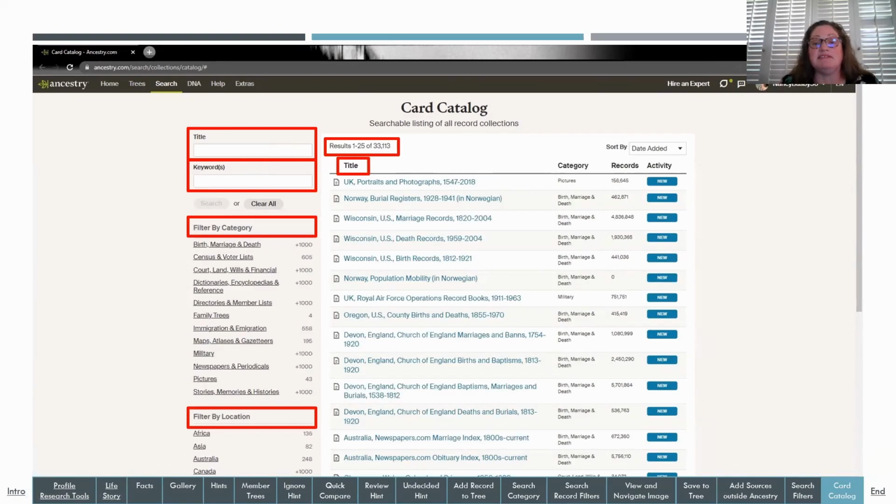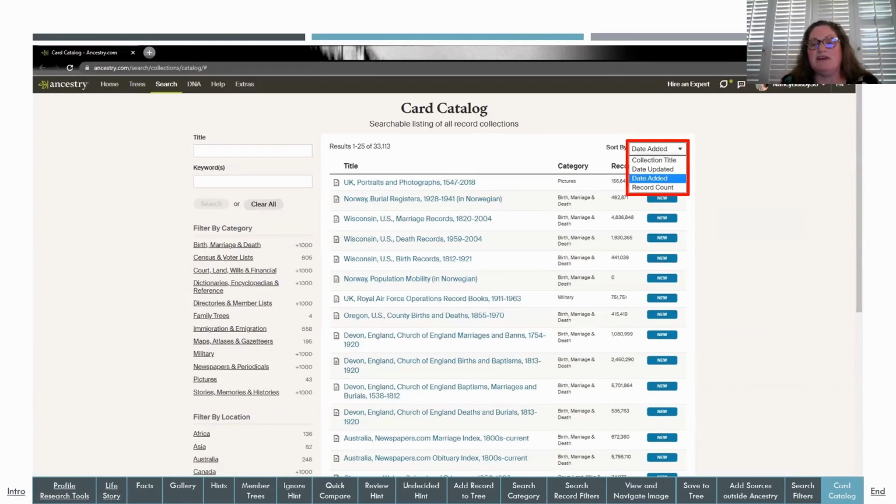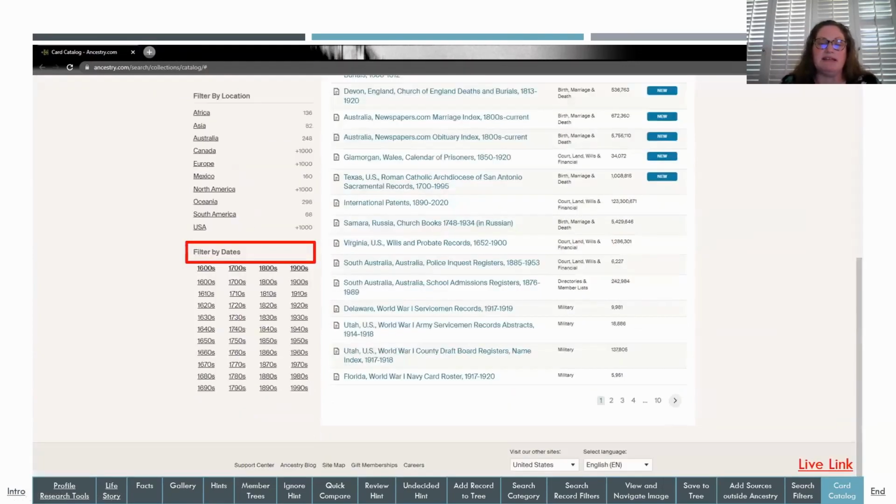Here you'll see the titles listed and the category that collection falls within: pictures or birth, marriage, death, military. Tells you the number of records within that collection and the activity. So they always pop new ones up here at the top, and that's one of the filters if you only want to see new stuff. Or you can also sort by the date added, record count, the date updated, or collection title. There's lots of powerful search ability here. You can filter by date,